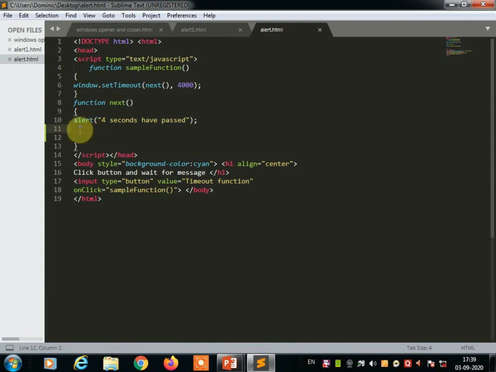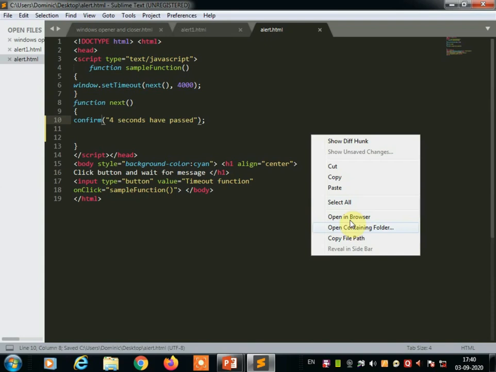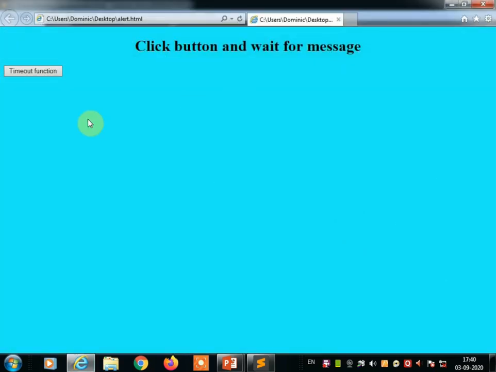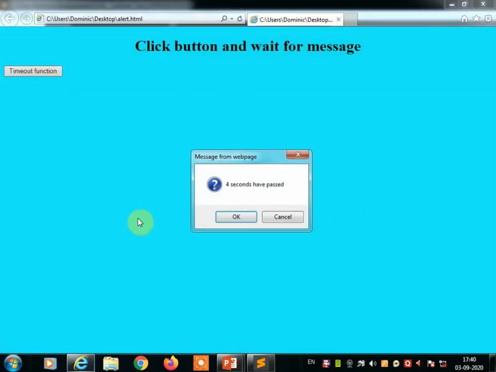So in place of the alert function, we can use the confirm function here. Save this program, right click and open in the browser and check it. Once you click on the timeout function, you will get 4 seconds have passed, but with 2 buttons, OK and Cancel. So OK and Cancel buttons will be displayed only by the confirm method. The alert method will display only the OK button.